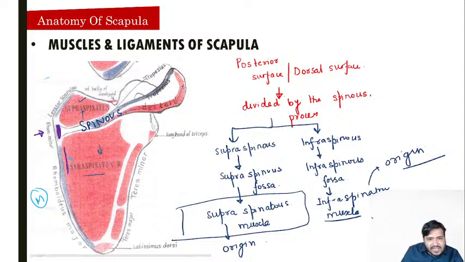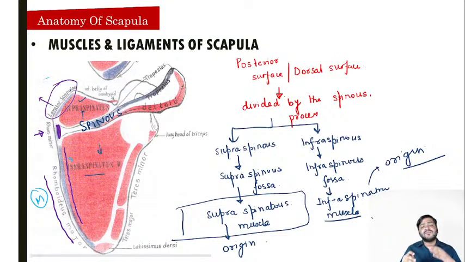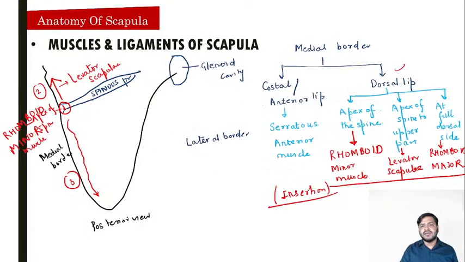एपेक्स ऑफ स्पाइन से नीचे डॉर्सल लिप पर यू कैन फाइंड द रोम्बॉइड मेजर मसल, और एपेक्स ऑफ स्पाइन से ऊपर दैट इज द लिवेटर स्कैपुला। लिवेटर का मतलब ही क्या होता है ऊपर, और स्कैपुला का मसल है, द लिवेटर स्कैपुला। माइनर और मेजर। मेजर हमेशा नीचे की तरफ होता है, दिस इज अ ट्रिक, दोनों साइड मेजर हमेशा नीचे की साइड होगा, एंड दैट इज द ट्रिक यू गाइस हैव टू रिमेंबर, मेजर विल बी ऑन द लोअर साइड। यस गाइस, आई होप इट्स क्लियर अबाउट द मीडियल बॉर्डर।